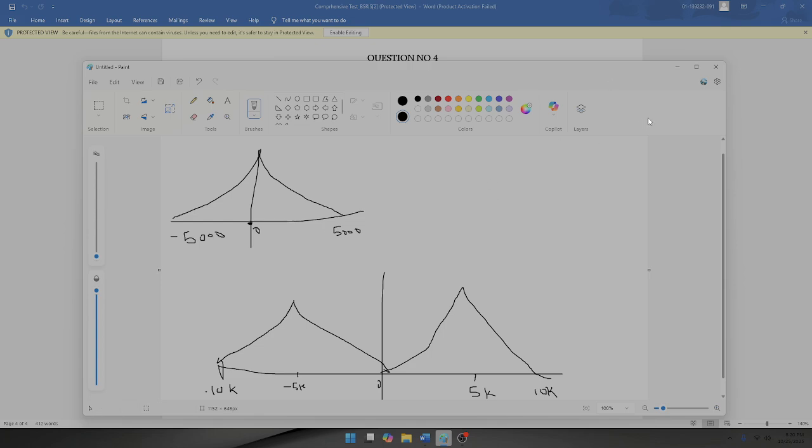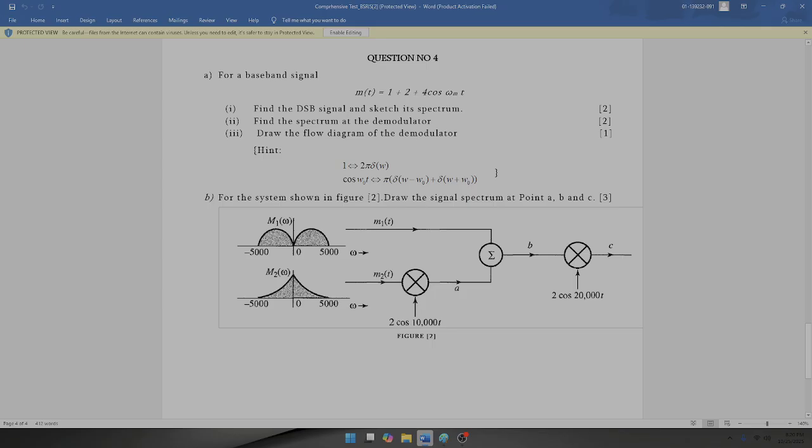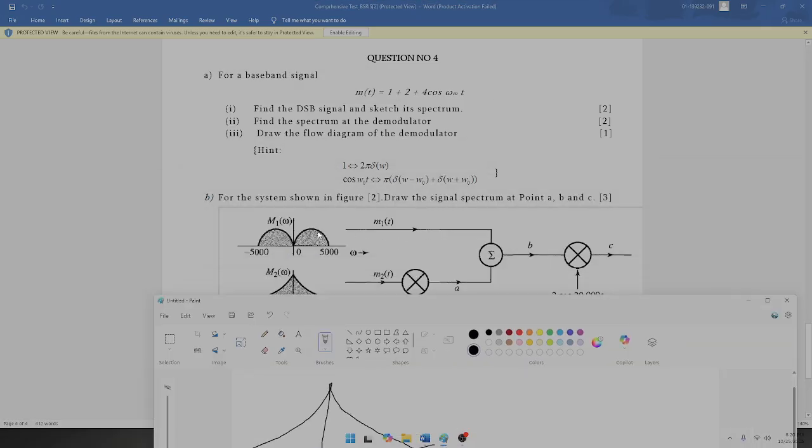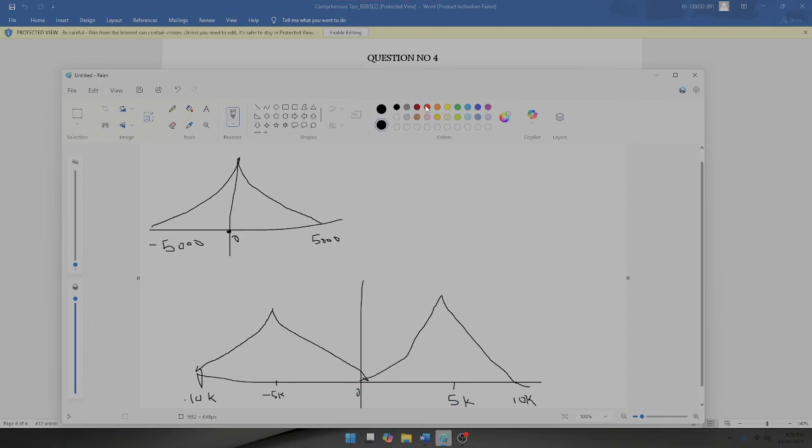And like यहाँ पे question में भी लिखा है ना, for the system shown in the figure, draw the signal spectrum at points A and B. So at point A, after this gets multiplied by the carrier frequency, this is going to be the answer ना. इसके बाद इसके साथ ना ये add हो रहा है, summation हो रही है ना. तो once this is being added ना, तो it's going to look like, let's say इसके अंदर अभी ये add हो रहा है ना, this signal. तो the resultant is going to be like this, यूं